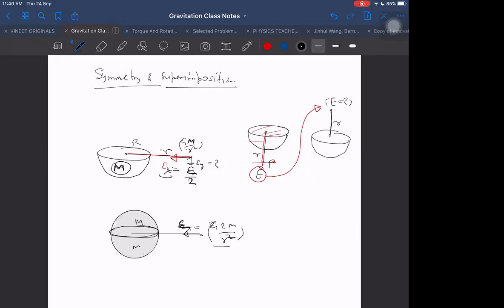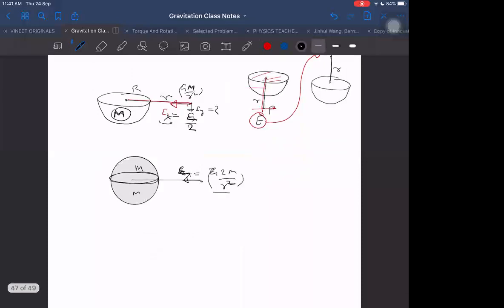Now I can tell one more thing, that the field due to half piece will be more than the half of the total field. That we can say, right? Is it more or not? Because it has no y component which is uncancelled, so it has more than half of the field. Whatever that y is, we don't know, that will be tough to find out, but we can still say this, and this will be valid.